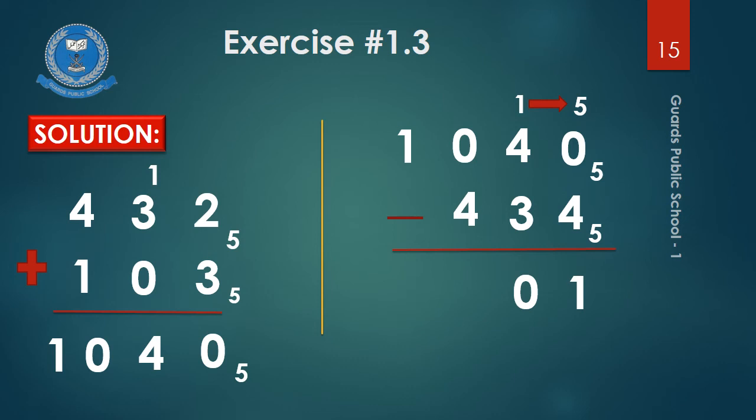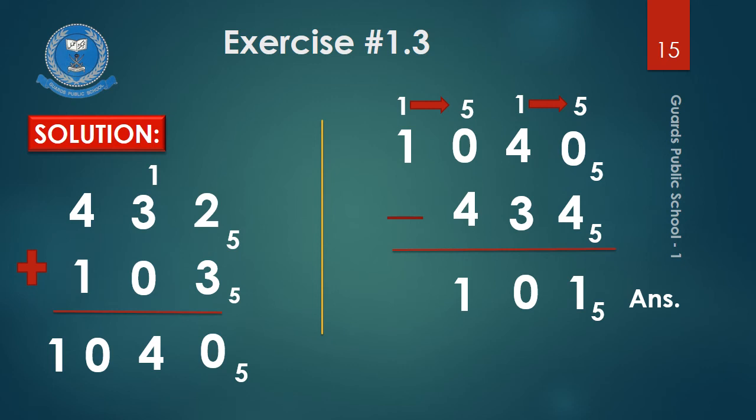Now subtract 4 from this 0. Again, we cannot perform this subtraction. Borrow 1, which means 1 5. Subtract 4 from 5, which is equals to 1. Now remember to write down base here, and the answer is